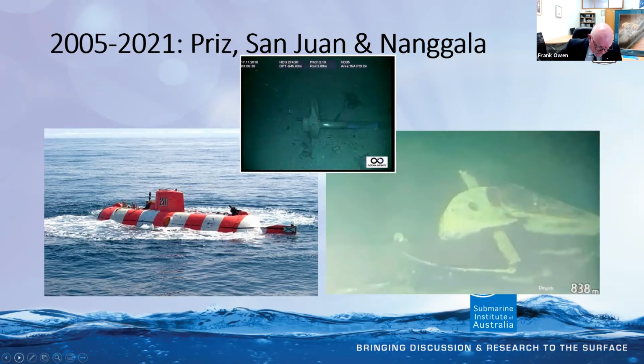You can see the propeller is one item in that middle photograph that was taken by Ocean Infinity when they did find it. On this occasion, rescue forces, including the US Navy's pressurized rescue module Falcon, were unable to locate the submarine, and it would be several months before the wreck was found, having collapsed in over 900 meters of water. Finally, the litany of disasters